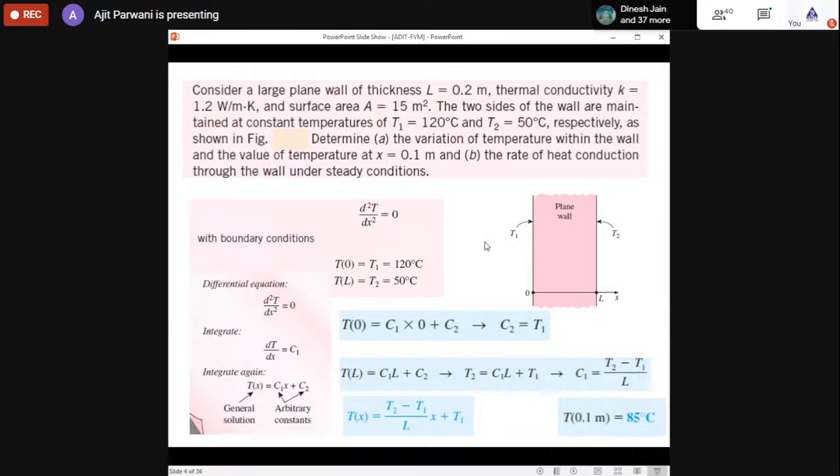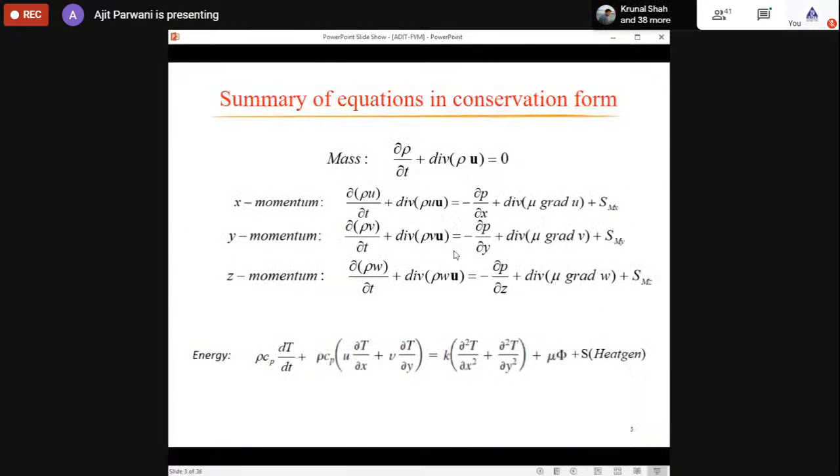You will see that this is a very easy problem, because it is a conduction problem. I expect that all of you know what conduction and convection problems are. It is a solid domain, so there is no convection, only conduction. The wall is infinite in this direction, so it is a one-dimensional problem. Out of these equations, because there is no velocity term present, the mass equation and the conservation of momentum equations are not applicable to this problem.